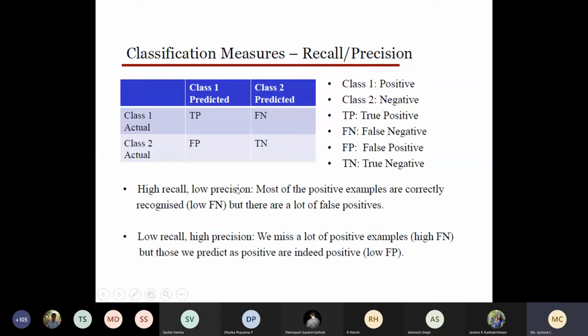So maybe it depends on the application. For some applications, maybe we need high recall and low precision. So when you do the project work, or when you do a particular application, you need to check accuracy, and according to the application, you need to check whether high recall is required or high precision is required. You should not always say that high accuracy means good. When you consider the other measures, whether I have high recall or high precision, you cannot simply say the model is performing better. You need to look at the application and identify what is required for that particular application. And low recall, high precision.